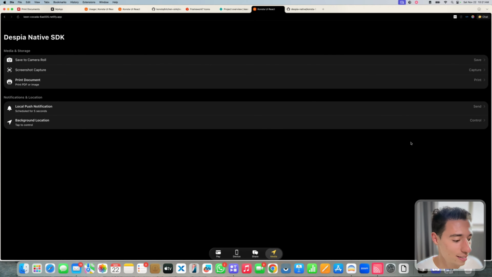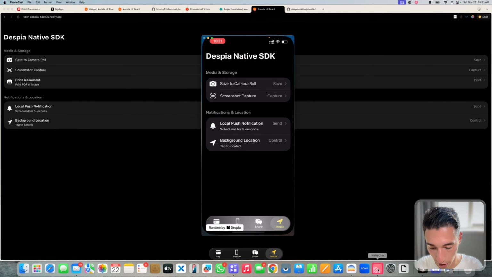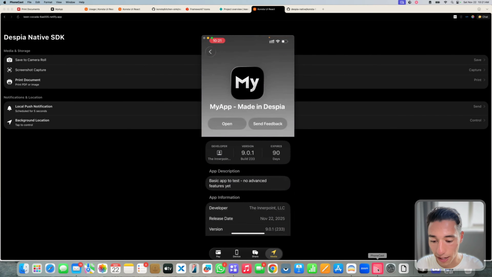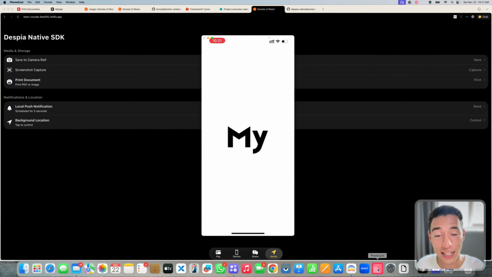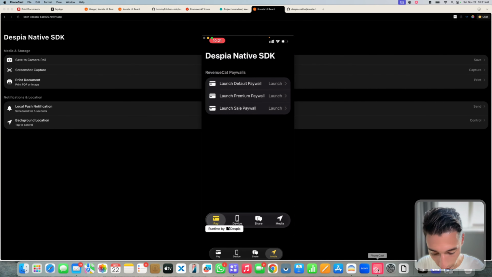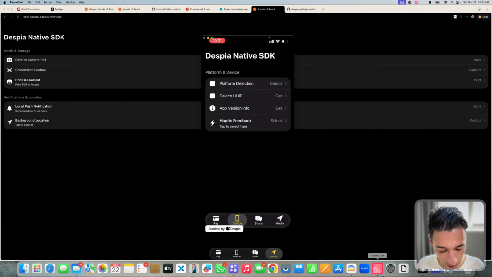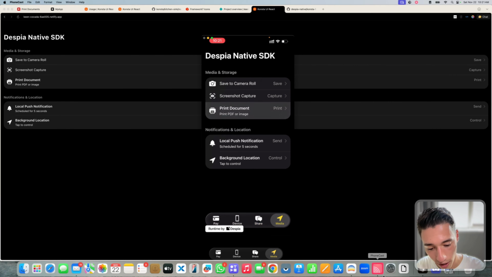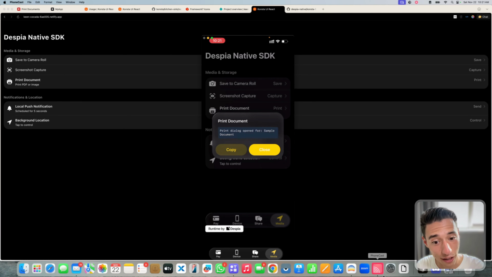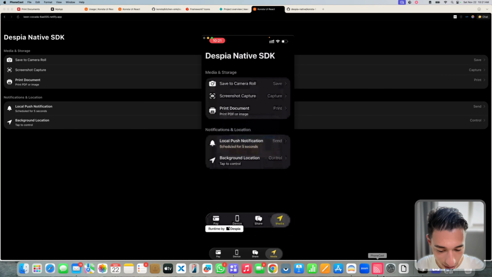And now if I go into Despia here, on my Despia application, because it was deployed to the web now, I can close the app and open it again. That's the nice thing about updates over the air, right? And normally with Capacitor, you would have to use something like Capgo and subscribe to that and pay for monthly active users, whereas here you get the beautiful convenience of just hosting it on Netlify and owning that. Now, as you can see, the safe area is implemented. We still have the Despia watermark because that's just what Despia does if you have not subscribed to a paid license. But if you now go in here, we have the print item functionality, which then should, in theory, print